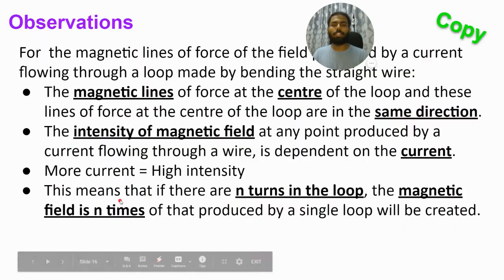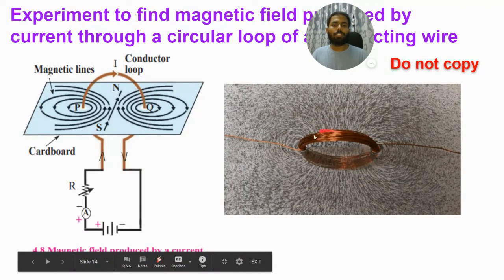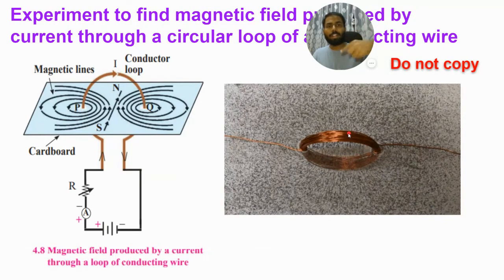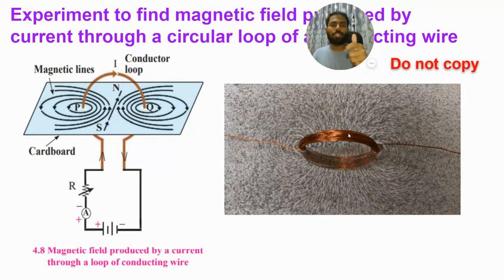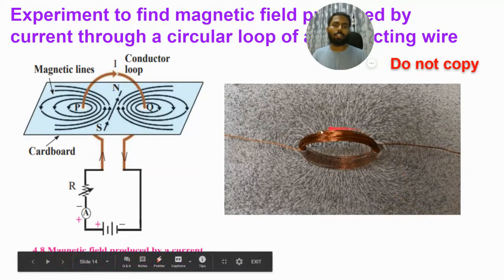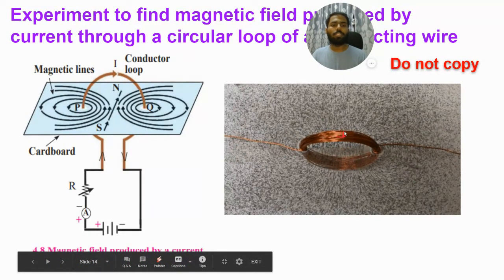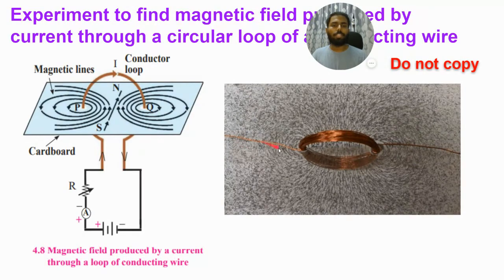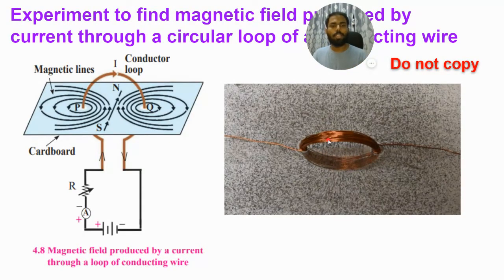So instead of increasing the current और बढ़ाने से अच्छा मैं क्या करूंगा, simpler thing is, यहाँ पे देखो, it's not made up of one wire, एक ही वायर को बार बार घुमाया, राइट। सो अगर एक वायर को दो बार घुमा दिया तो करंट डबल हो जाएगा, एक वायर को तीन बार घुमाया तो करंट ट्रिपल हो जाएगा। इसलिए यहाँ पे वायर को बहुत बार घुमाया। If you see, it's not made up of one wire, ये एक पतले से वायर को बार बार घुमा घुमा के इतना मोटा वायर बना है। वो ऐसा क्यों बना है, because it wanted